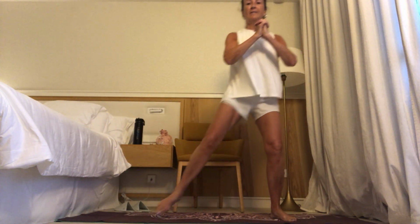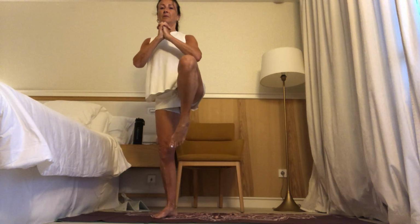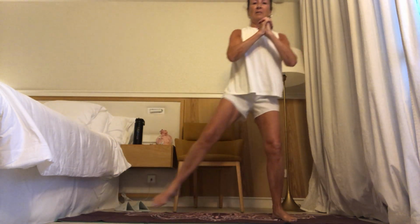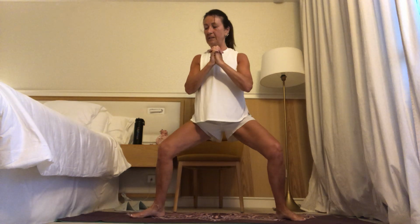6, 5, 4, 3, 2, and 1. Back to centre, taking your feet a little bit outwards, pointing outwards, lifting our right foot down, lifting